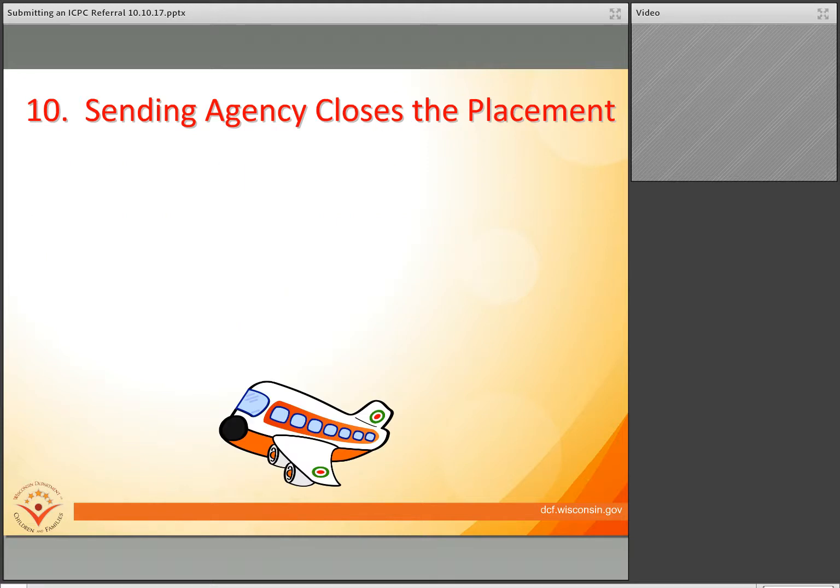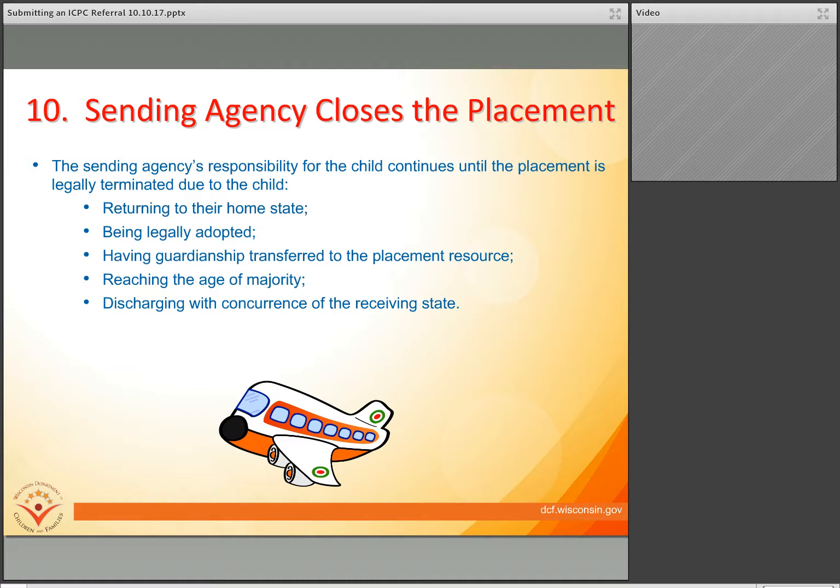Okay, so the sending agency's responsibility for the child will continue in that fashion until placement is legally terminated due to one of the following. If the child returns to their home state, returns to Wisconsin, has been legally adopted, has had guardianship transferred to the placement resource, has reached the age of majority, or in some other fashion is discharged with the concurrence of the receiving state.